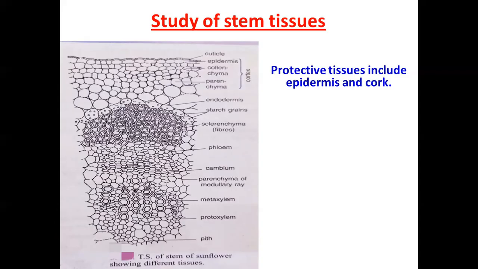You can see in the diagram the first layer just after the cuticle, or just merged with the cuticle. That particular layer is known as epidermis. The epidermis is usually present in the outermost layer of the plant body, such as leaves, flowers, stem, and roots. Epidermis is one cell thick and is covered with cuticle. Clear? Now the main function of epidermis is to protect the plant from desiccation and infection. In fact, the cuticle of the epidermis helps to reduce water loss by evaporation from the plant surface and also helps in preventing the entry of pathogens.